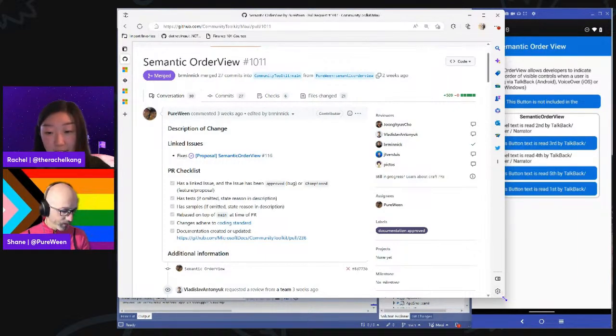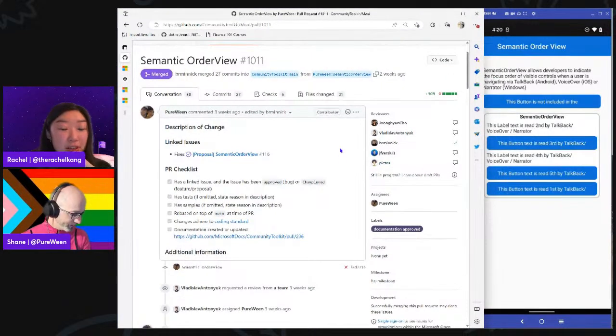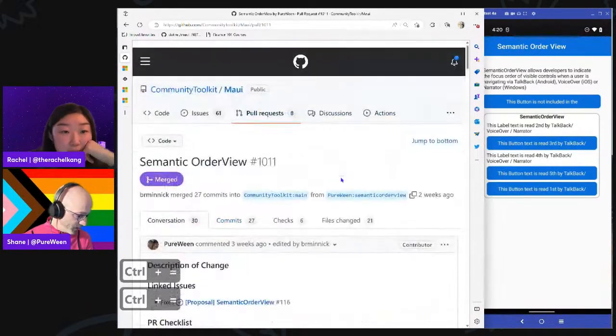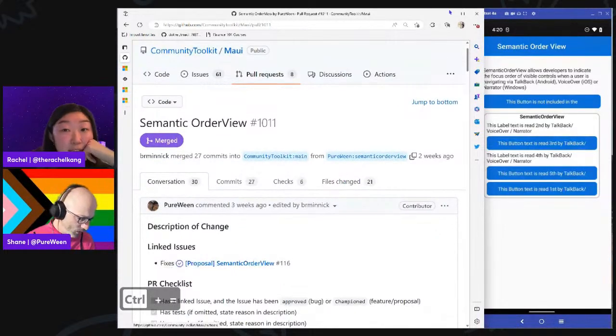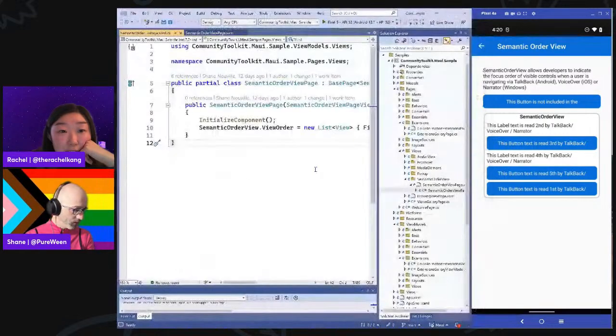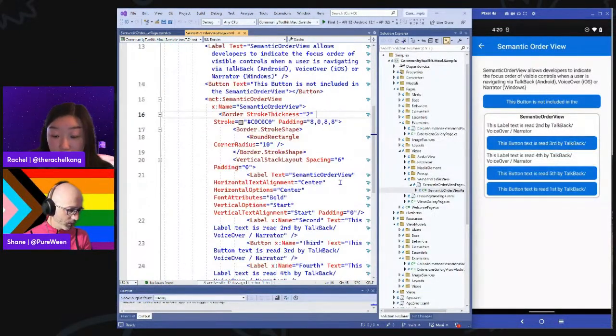Yeah, so just going back to the semantic order view PR that Shane was talking about in Maui Community Toolkit. The PR here, number 1011 in Maui Community Toolkit. And we also have the code pulled up here. So we have an example here where basically the way you use it is